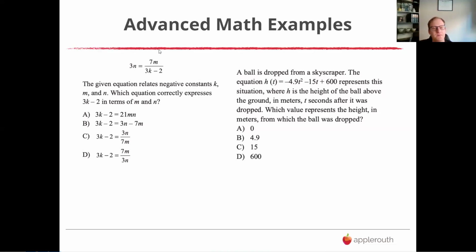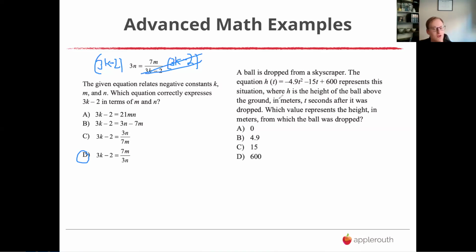This one on the left, you've got to make sure you're solving for the right thing, but all the answers say 3k minus 2. So here you just take it step by step. Start by multiplying to get rid of the fraction. Don't try to do this all in one. That will cancel this part, right? So that goes away. And then all you have to do to get 3k minus 2 by itself is divide both sides by the 3n. So we'll get d. That's called applied algebra. They're just trying to make it look confusing, but there's not much going on there.